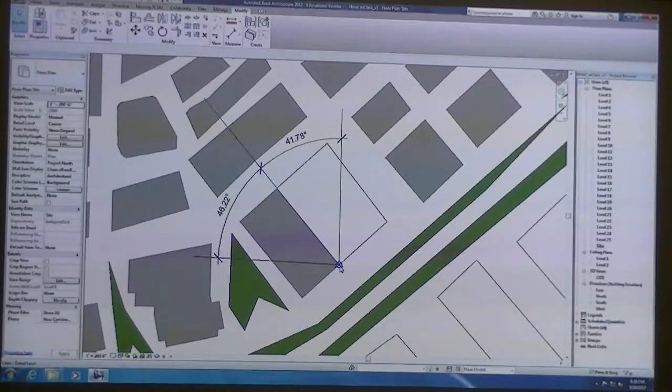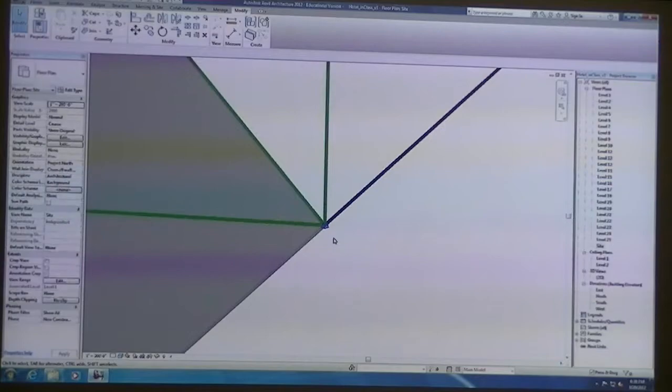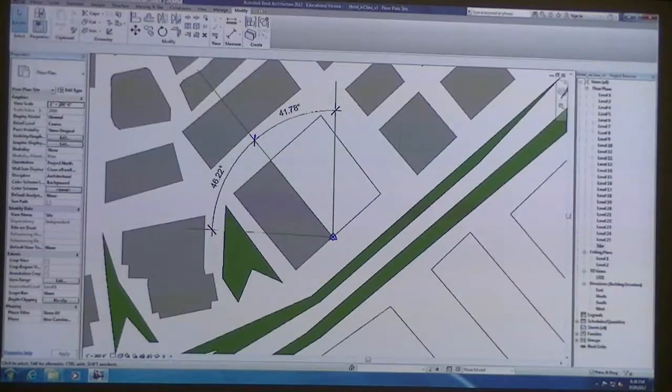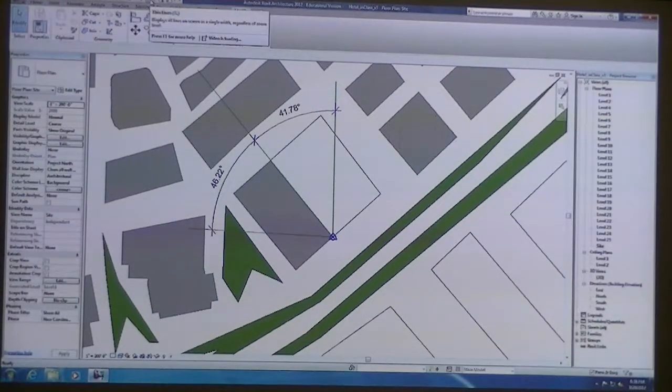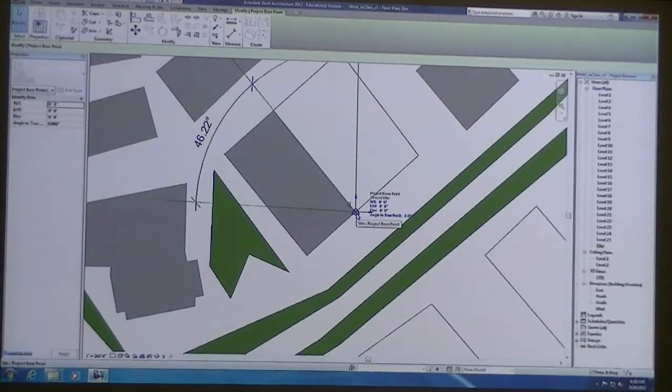Okay, so if we tab over our origin point, and unfortunately zooming in doesn't make it any bigger, it always stays that size on the screen. I'm going to turn off all the line weights up at the Quick Access Toolbar at the very top, so that when I do zoom in, at least I don't have these large blobs everywhere. But I'm going to tab over this origin point